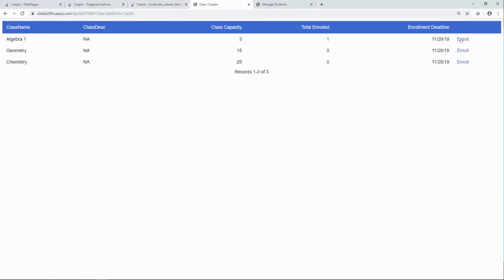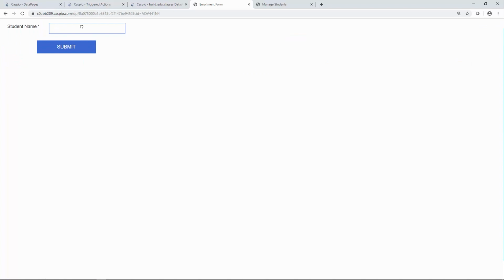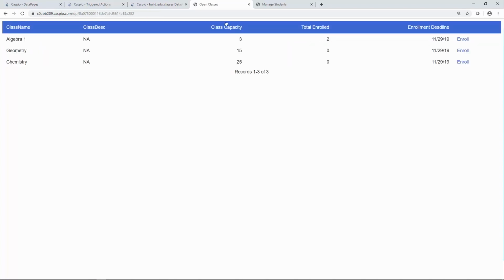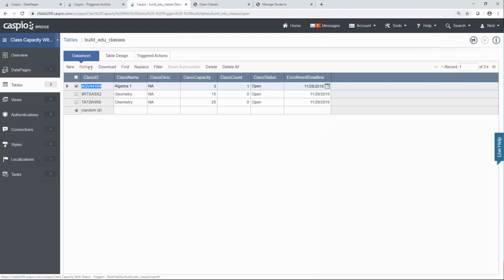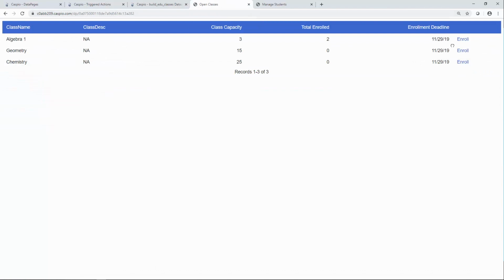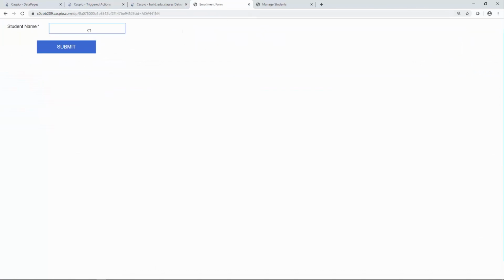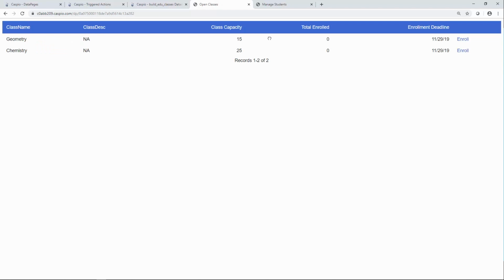Let's add one more student, Mary Springs. Okay, so now we have 2. If you refresh the classes table, you're going to be able to see that increment of 1. Let's add one more so that you can see the status change. Bob Smith. And now you can see that class is no longer showing up because we changed the status to